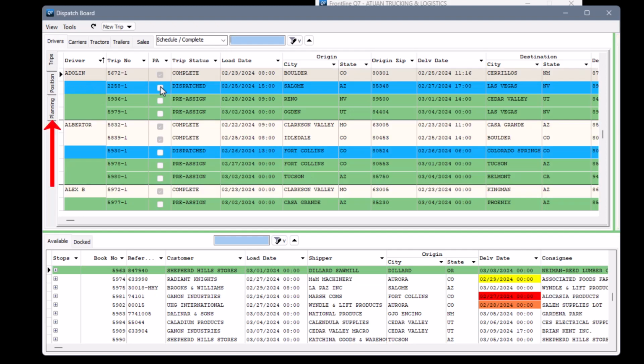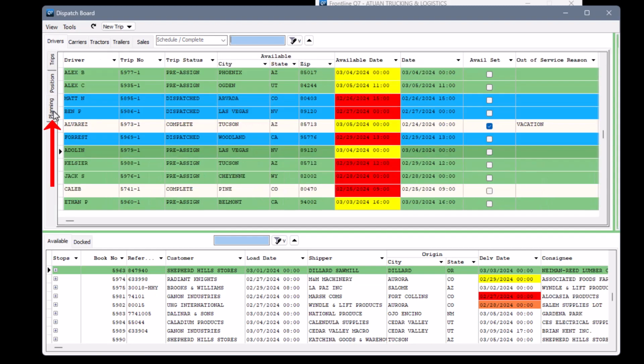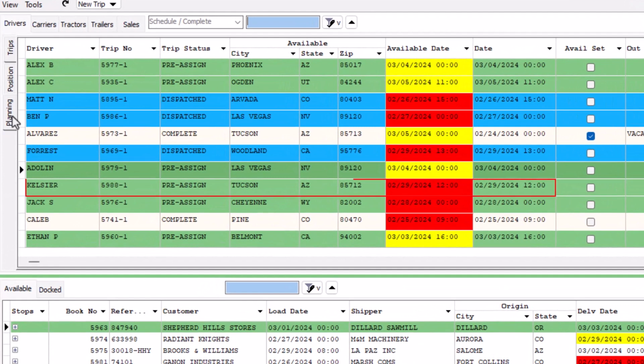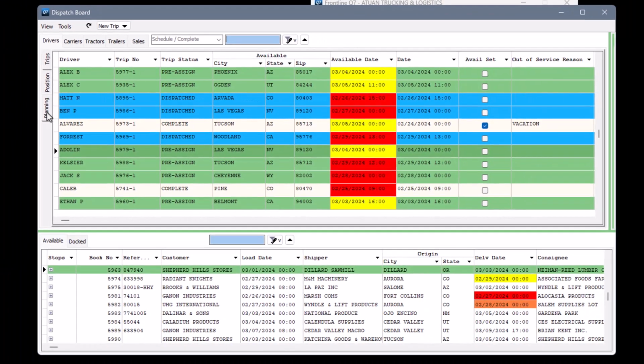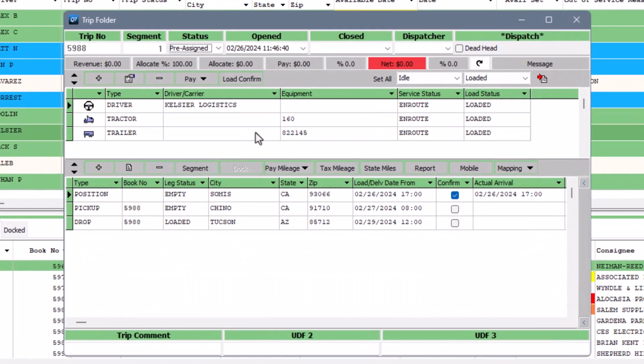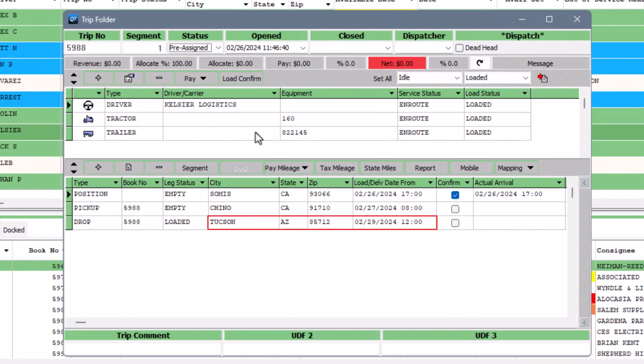The Planning tab shows you the greatest scheduled location for your resources. At a glance, we can tell that this driver is expected to be in Tucson, Arizona on February 29th at 12 o'clock. We can double-click on the line to open up the trip. The stop with the greatest scheduled date, which comes from the booking, is what gives us the resource's greatest known